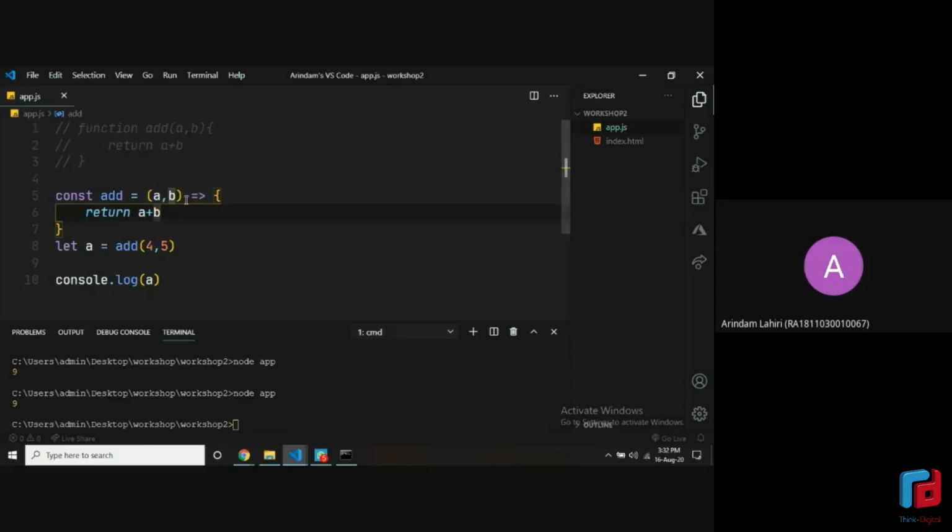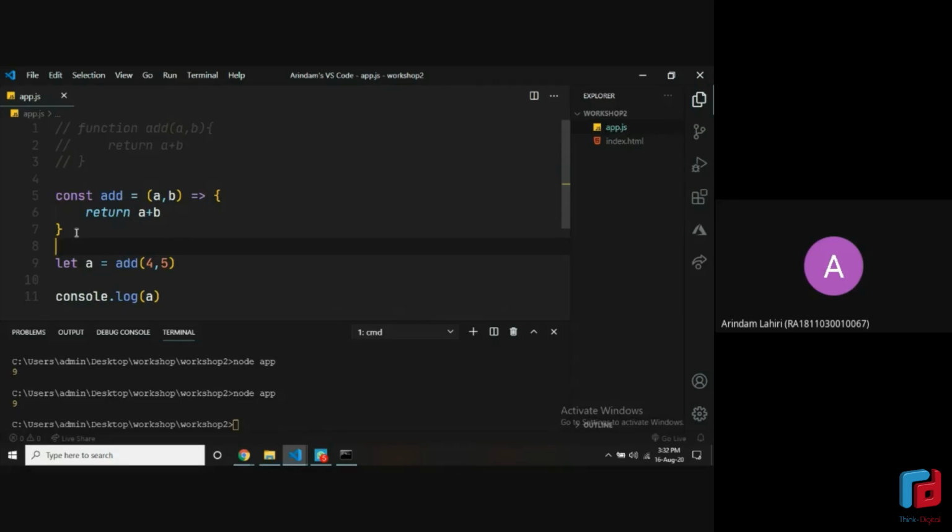Why is it called an arrow function? Because if you see, this is an equal to and a greater than sign, which looks like an arrow. And it's called a fat arrow. So this is how an arrow function looks like. The only change, if you see, is before the curly braces. Once the curly braces come, it's exactly the same as the last example we saw. So that's how it works. These are the parameters, and then this is the fat arrow. The reason I'm telling you this is because when we'll be writing code in Node.js, we'll be using this type of functions a lot. All right. So make sure you're familiar with this format of writing functions.